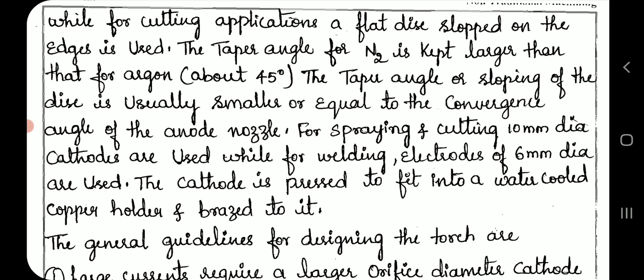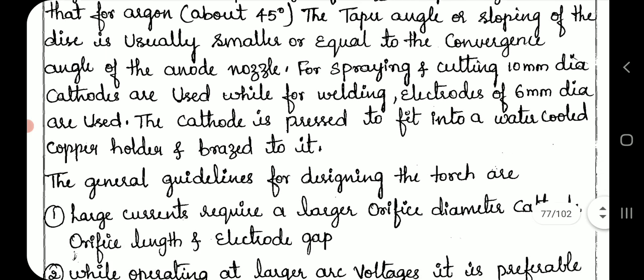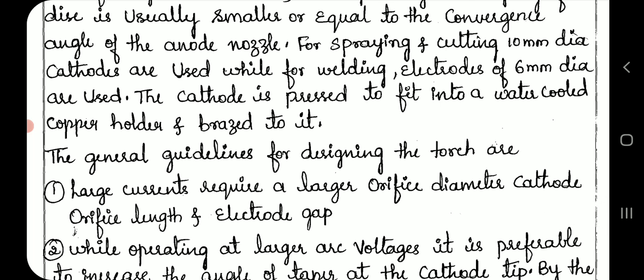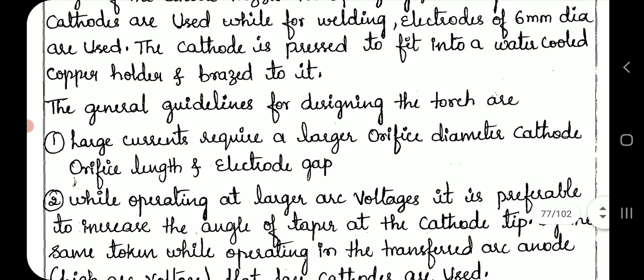The taper angle for nitrogen is kept larger than that for argon, about 45 degrees. The taper angle or sloping of the disc is usually smaller than or equal to the convergence angle of the anode nozzle. For spraying and cutting, 10 mm diameter cathodes are used, while for welding, electrodes of 6 mm diameter are used. The cathode is pressed to fit into a water-cooled copper holder and brazed to it. The general guidelines